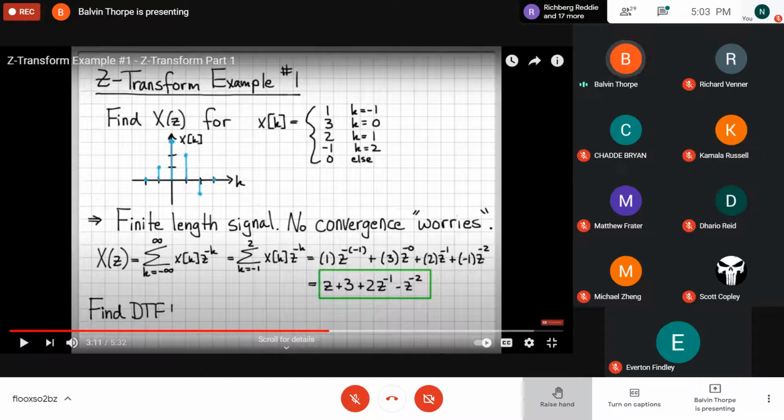Very simple. There are a couple of things that you need to know right off the bat. You need to know the general expression for the Z transform. And here, of course, it goes from minus infinity to infinity in terms of the time. So pretty much it goes on and on and on. But what you want to do is to find specifically the Z transform within a certain time boundary. And this is what was done for this very first one. Thank you, Sean. You can lower your hand.